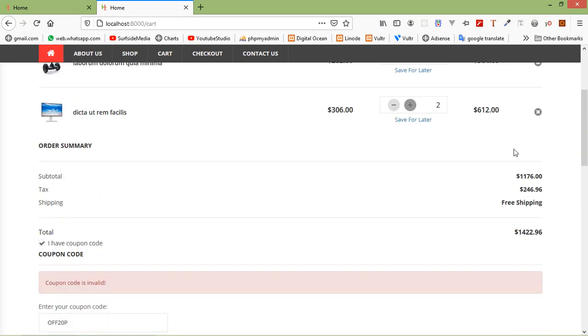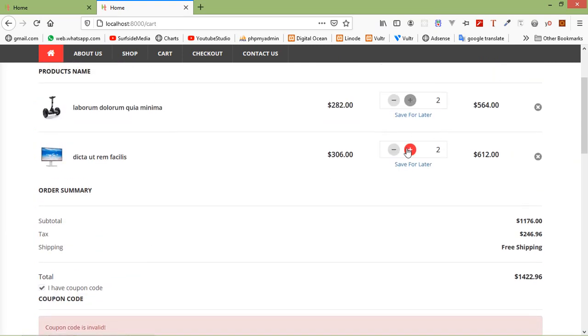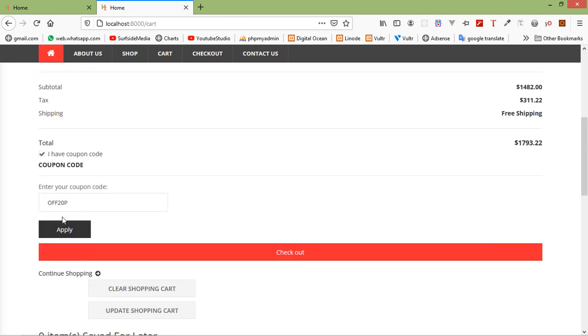Okay, now let's increase the subtotal value. So I'm just going to click on this and increase some product. Okay, and you can see the subtotal value is $1482.